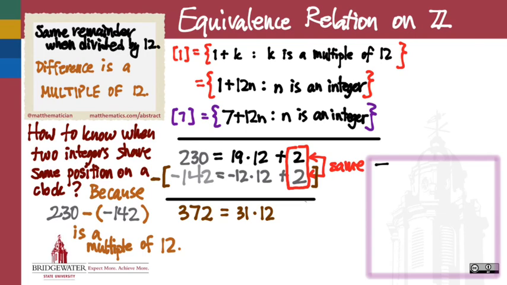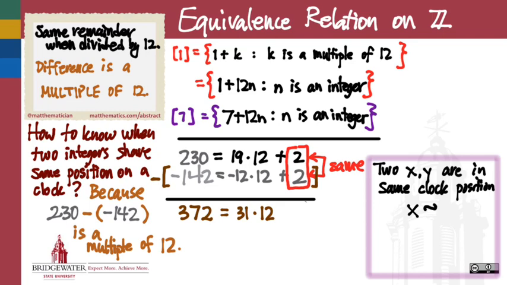So two numbers x and y are in the same clock position, and we'll write x twiddle y, if x minus y is a multiple of 12. And the way to say that something is a multiple of 12 is that it's 12 times an integer. Right? That's what we set up here. So if x minus y is equal to 12 times n,